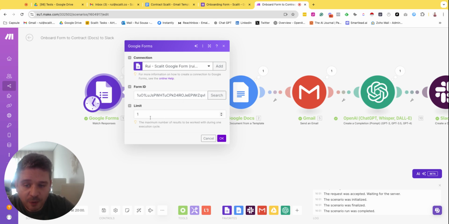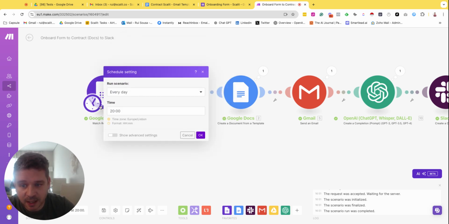And then we always like to put one as limit, because it depends, again, I always talk about this in the videos, also on how frequently the integration checks for new forms. So if you want to put, for example, once a day or once a week, you can add more. Imagine you can have 5, and it grabs, for example, the 5 new potential customers of that week and sends everything. But as a normal onboarding, you want it to be fast, you want it to be quick. So what we will do is limit by 1,